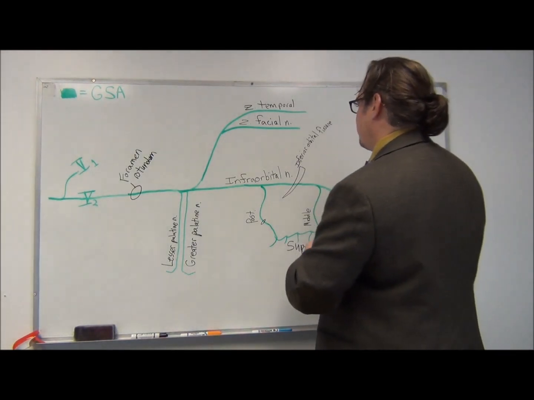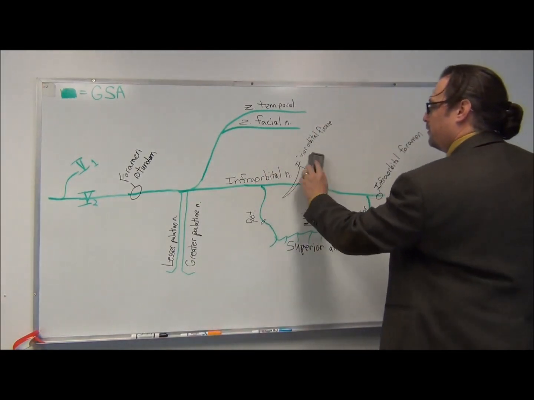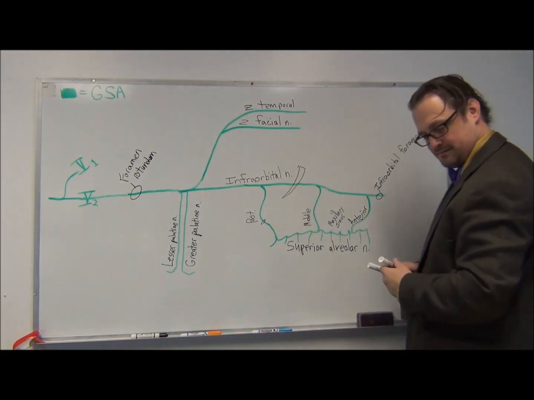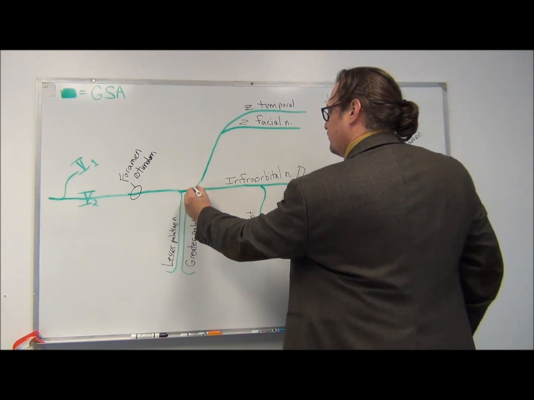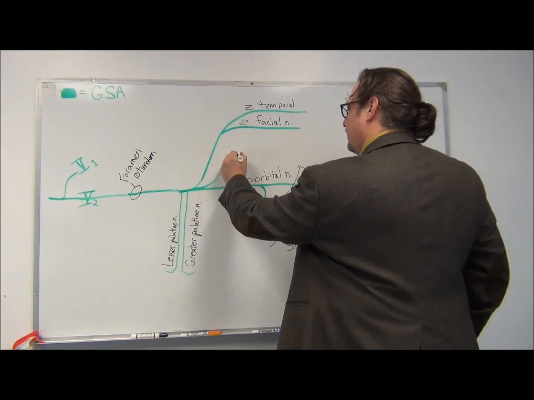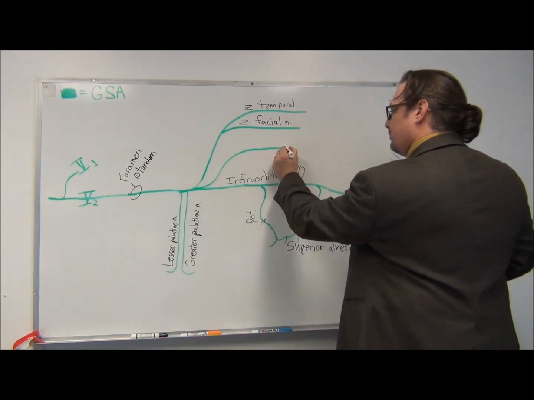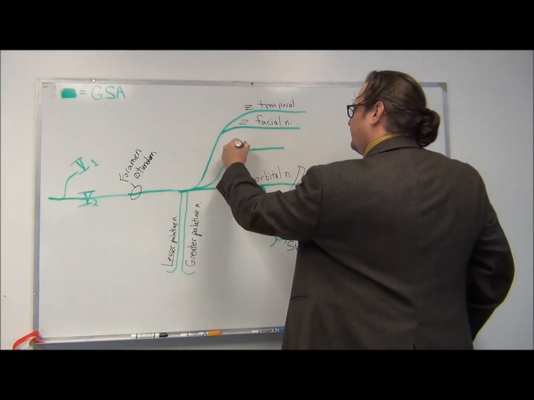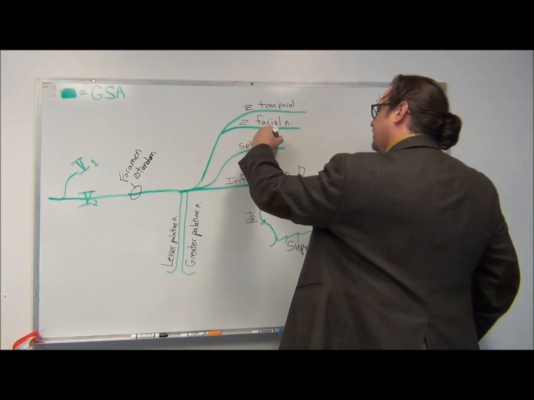Then the last branch that we're going to talk about, I have to clear a little room, so bye-bye inferior orbital fissure, is a branch that actually jumps into the nasal cavity. And this guy, let's draw him a little further out here, it's called the sphenopalatine